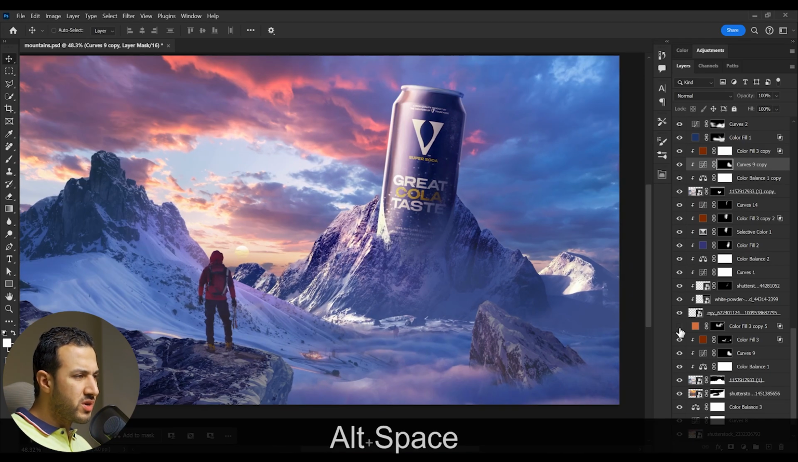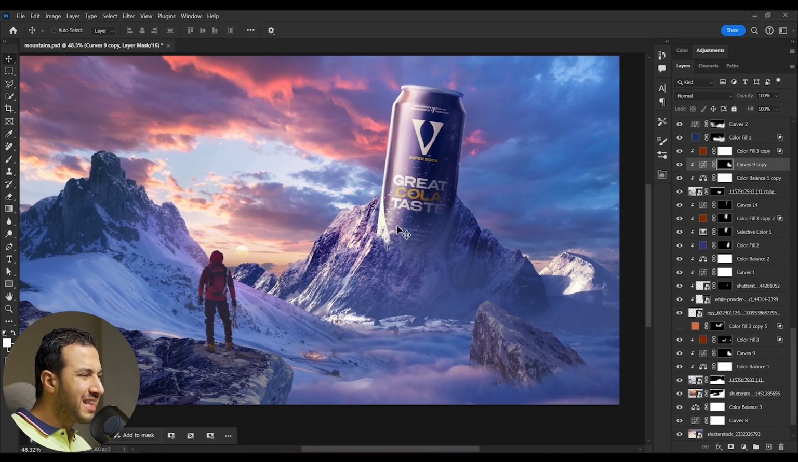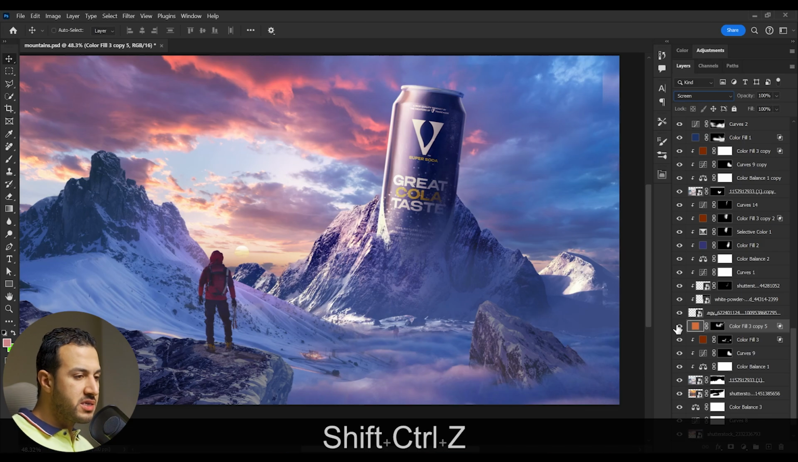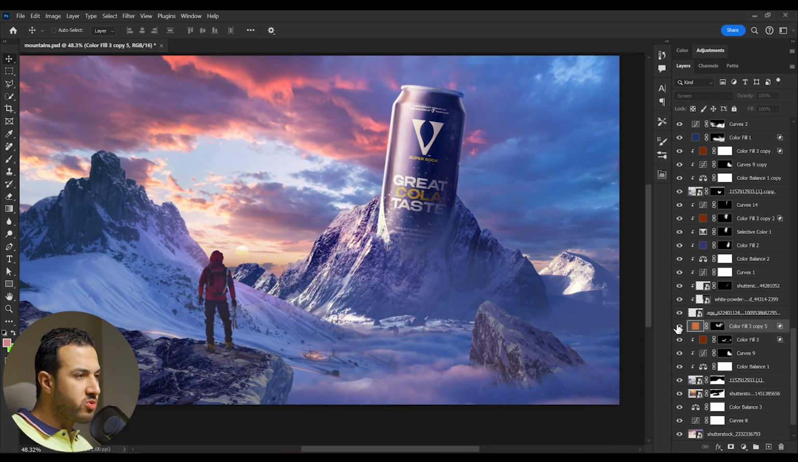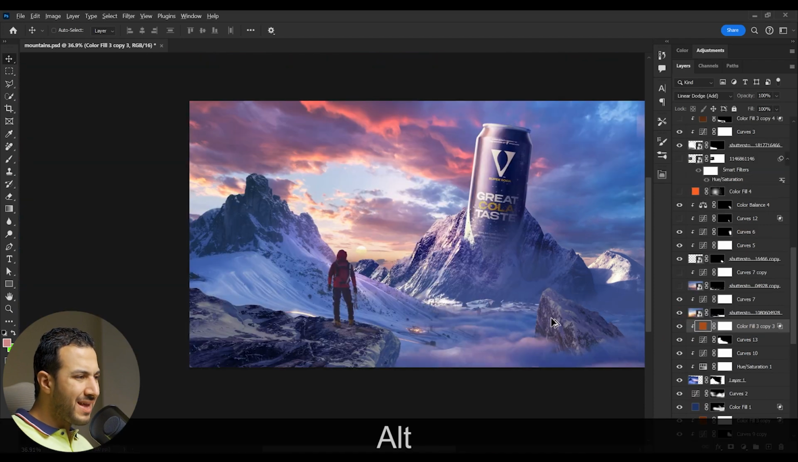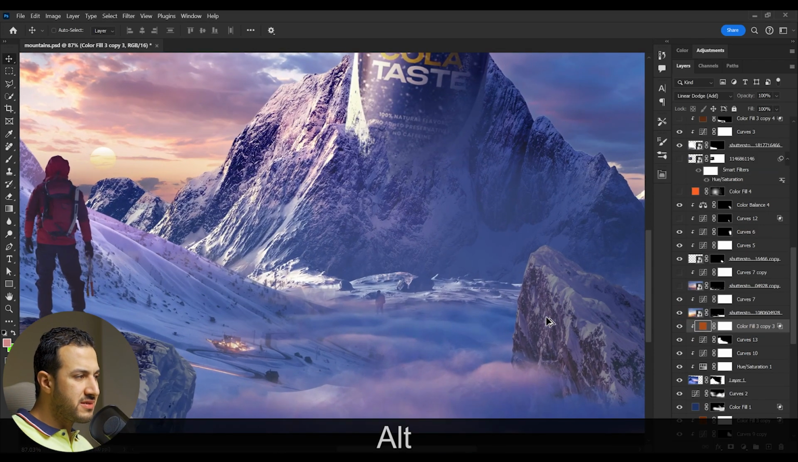And next I started to give some highlights in these areas, some glow effects, using this solid color adjustment layer with a screen blending mode. Here's before, here's after. And next I started to paint the same highlights into these